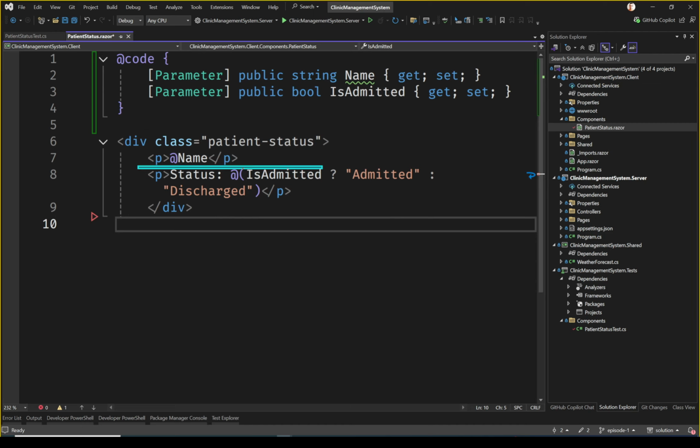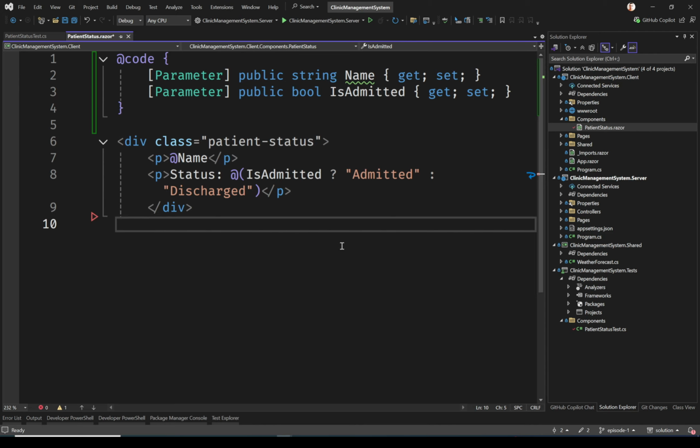So in this case, we are doing some conditional rendering for this paragraph tag. If is admitted is true, we're going to render admitted inside of the paragraph. Otherwise, we're going to print discharged. So this is it. This is the first component, a very simple component, and now we want to be able to